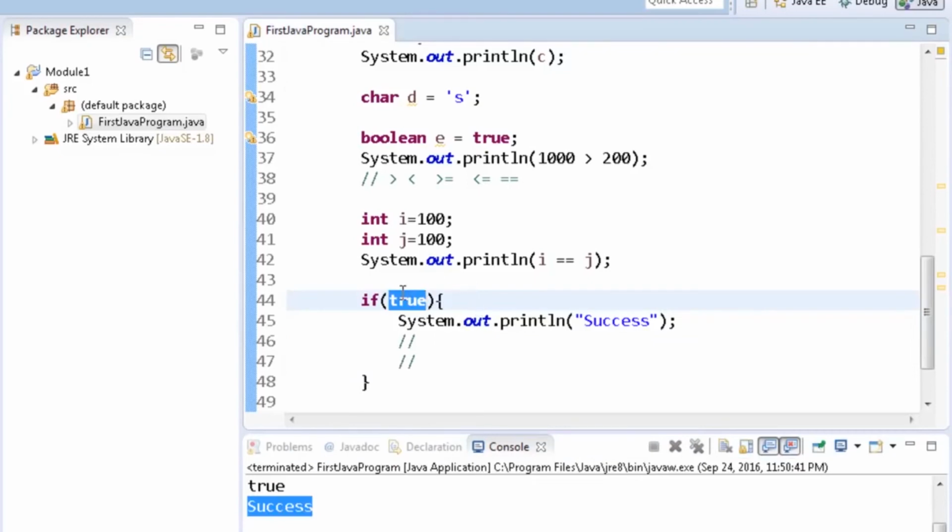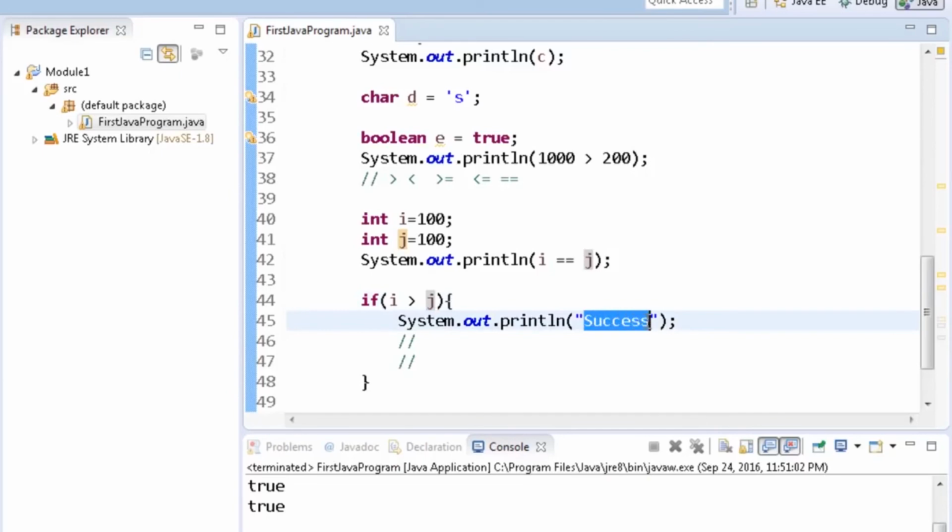But if I give another condition, for example if i is greater than j, now i is storing 100, j is also storing 100. So obviously this condition will evaluate to false because i is not greater than j, it is equal to j. If I run the code, it will not print success.